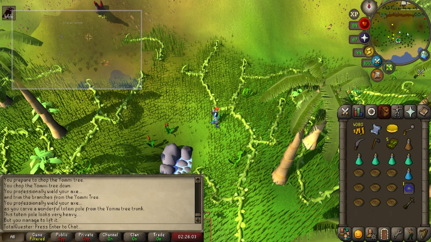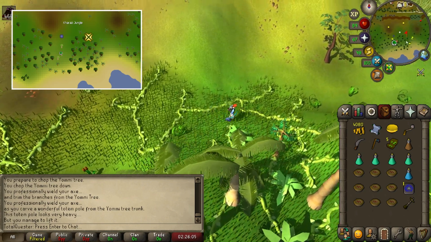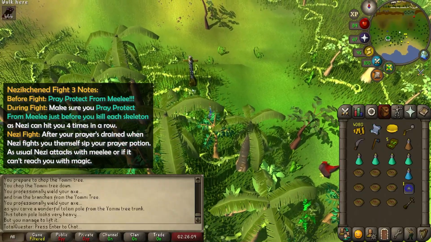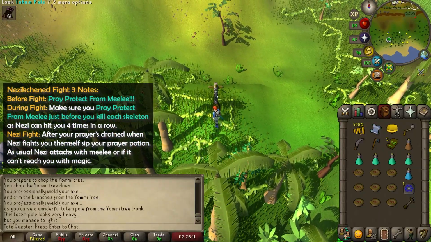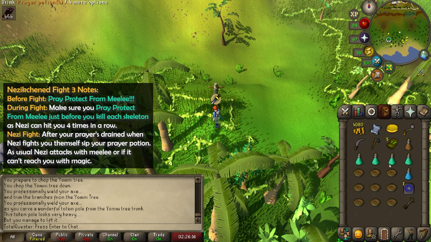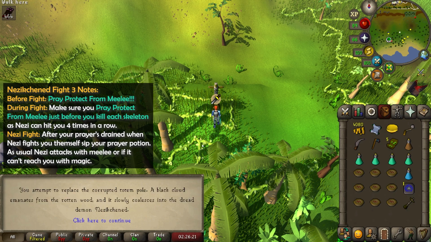For this, travel a tiny bit east to a totem pole, and know that for this fight you'll want to pray Protect from Melee before starting the fight and the whole time throughout it if you have access to it. And if you don't have the prayer, then ensure that you're wearing your best armor and have max health. When you're ready, use your Yommi totem on the totem pole, which will see the demon appear and chant to